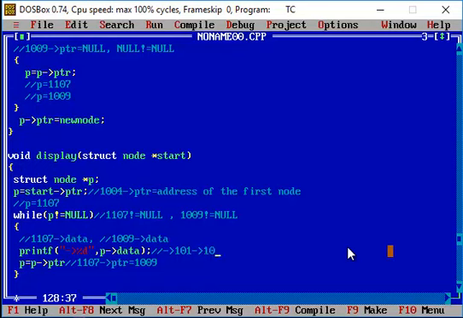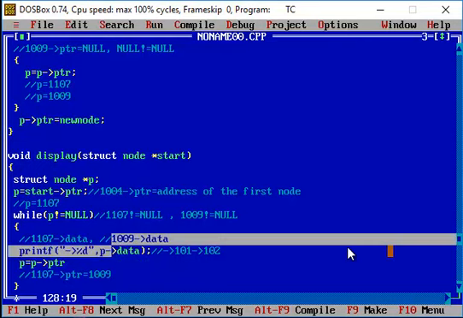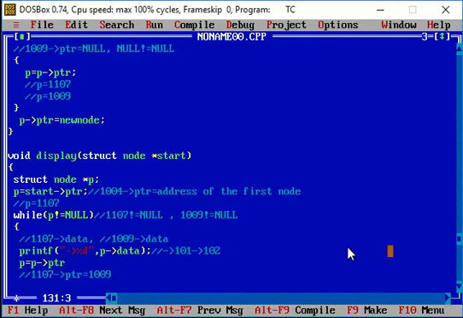Now we are present in location 1009. In this location, we are going to see the address field of that node.